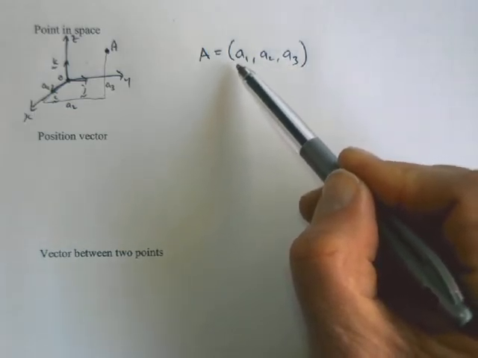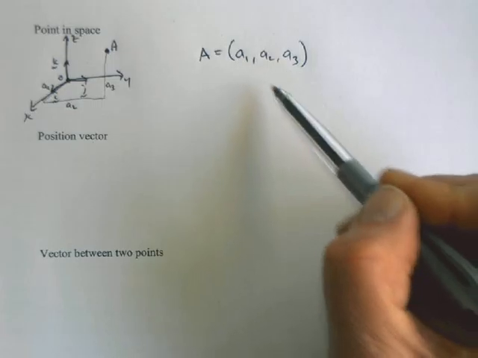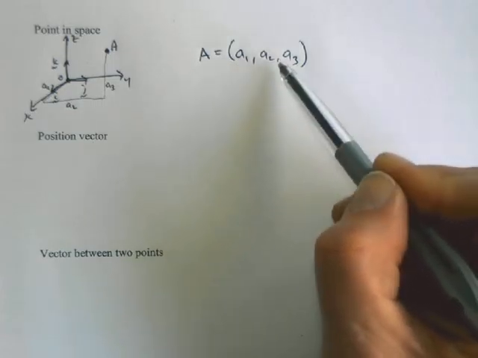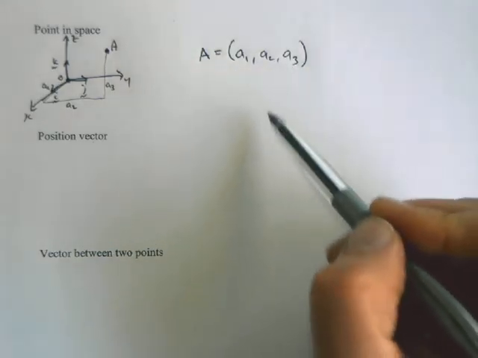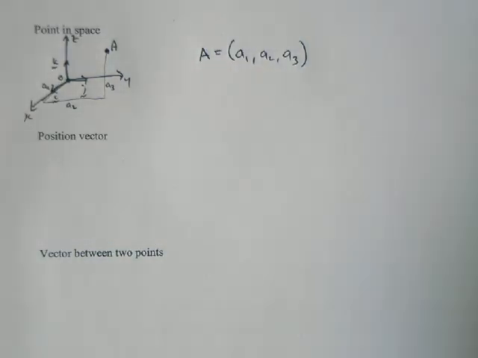It has three components, as a vector does, and they are related to the i, j, and k, but this is an actual point. It's not a vector, it doesn't have a magnitude, it just has a point. Okay, so a point in space is represented by an ordered